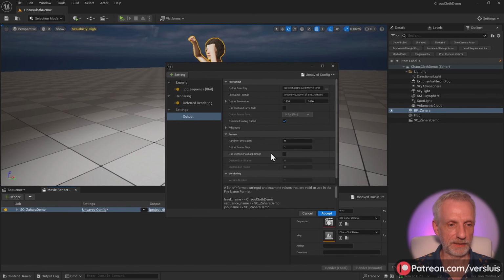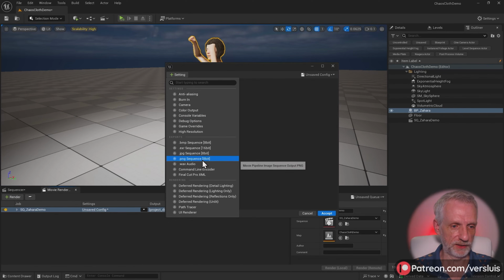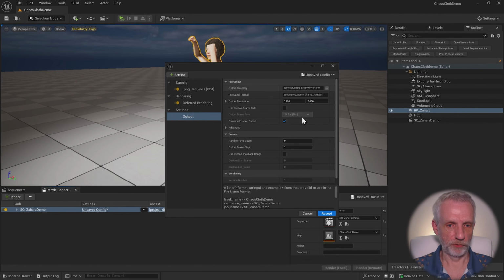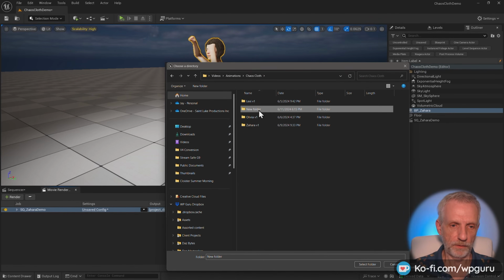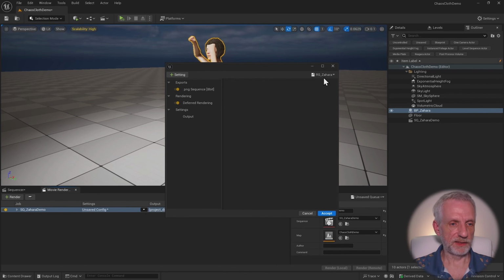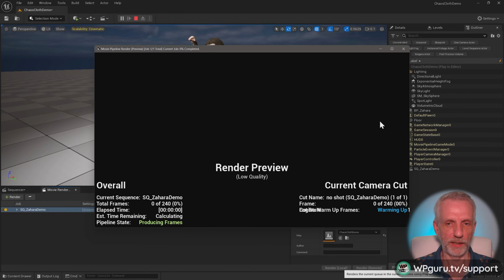So let me click into here. Don't use a JPEG sequence. Let's use a PNG sequence without the transparency. And the output directory is going to be this, and I might even save that as render settings so that I can bring it back if I needed to do that. That's that. Now we need to click render local, and then whoa, hang on a minute,